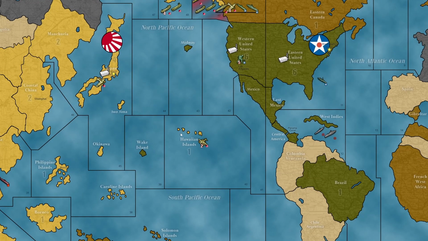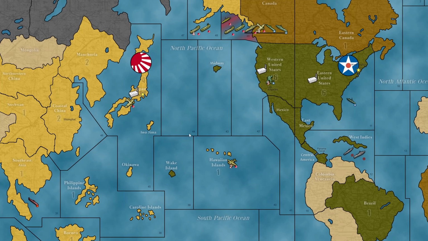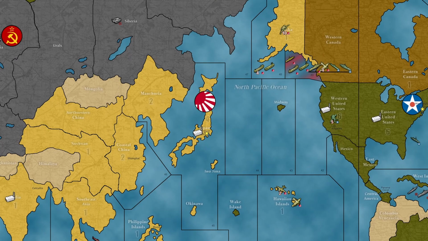Next, I'll probably send the bombers over to Hawaii, because from Hawaii they could pressure the western U.S. 1, 2, 3, hit them, and then land right back at Pearl Harbor. This fighter can't really do much for the moment. Actually, he could go into Pearl Harbor as well. So send them there, and we'll eliminate the